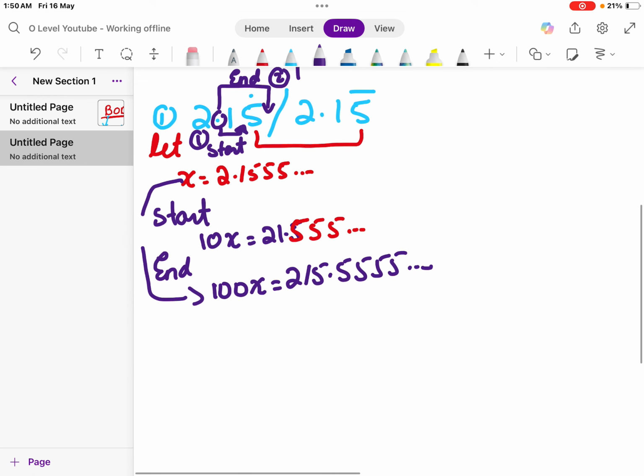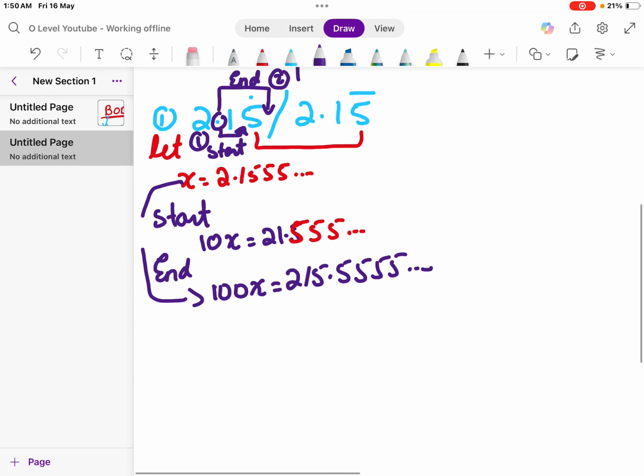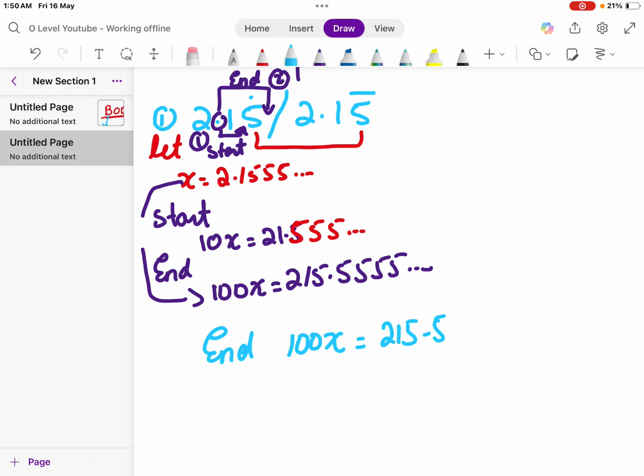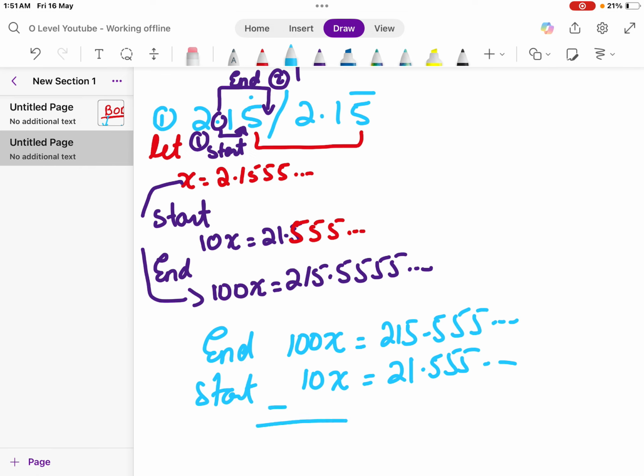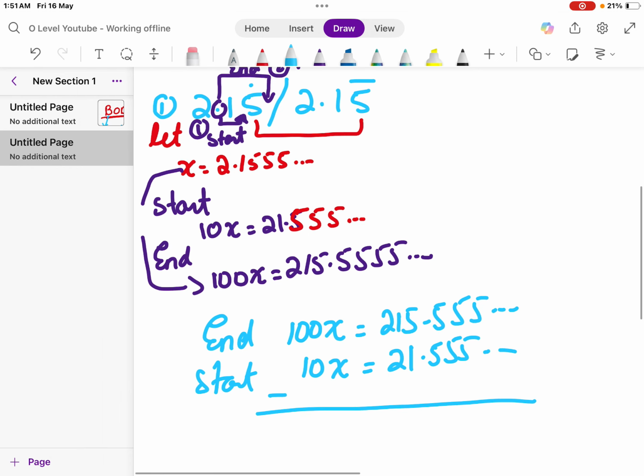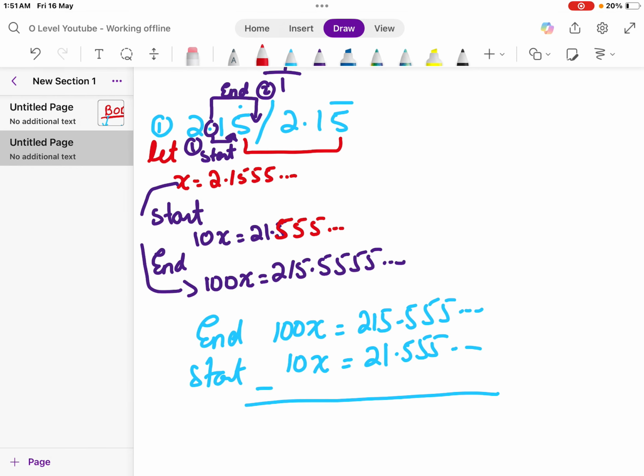Now we are just one step away. Now what we need to do, simply first write the endpoint, that is 100x is equal to 215.555 and so on, and then the start, 10x is equal to 21.555 and so on. Now just subtract these two values. When you subtract these two values, 100 minus 10 will become 90x